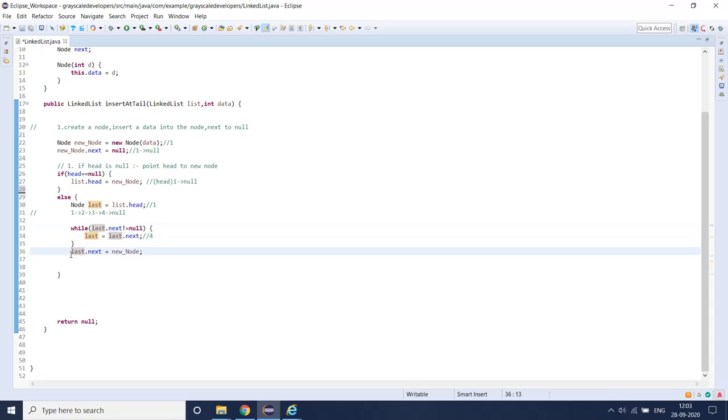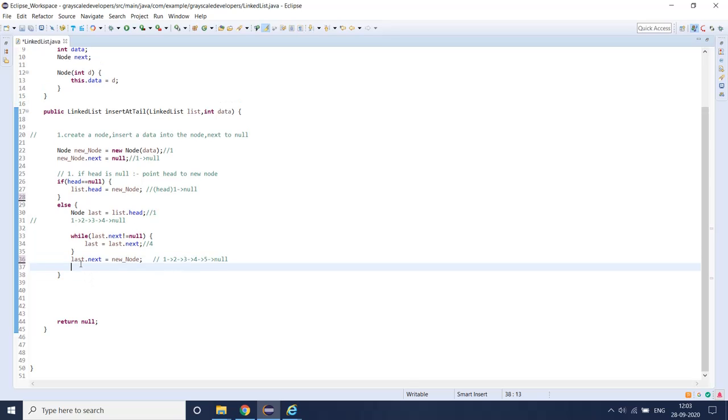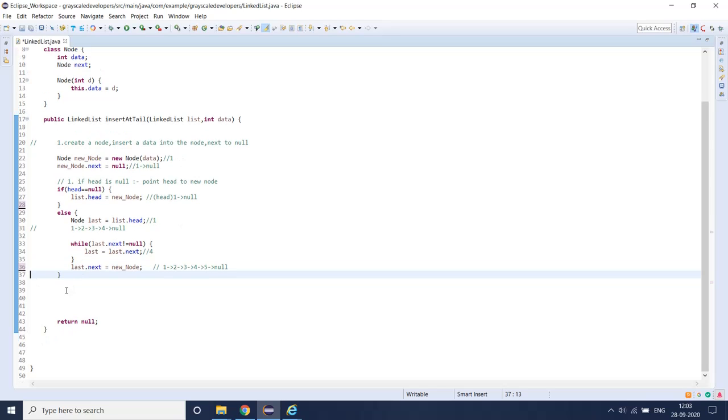So it will come here. So what will we have in last? Last we will have 4. So 4 dot next equal to new node. So here I am getting the output like 1, 2, 3, 4, and then 5. This is what I am getting here. So what I am doing is, I am just returning the linked list.